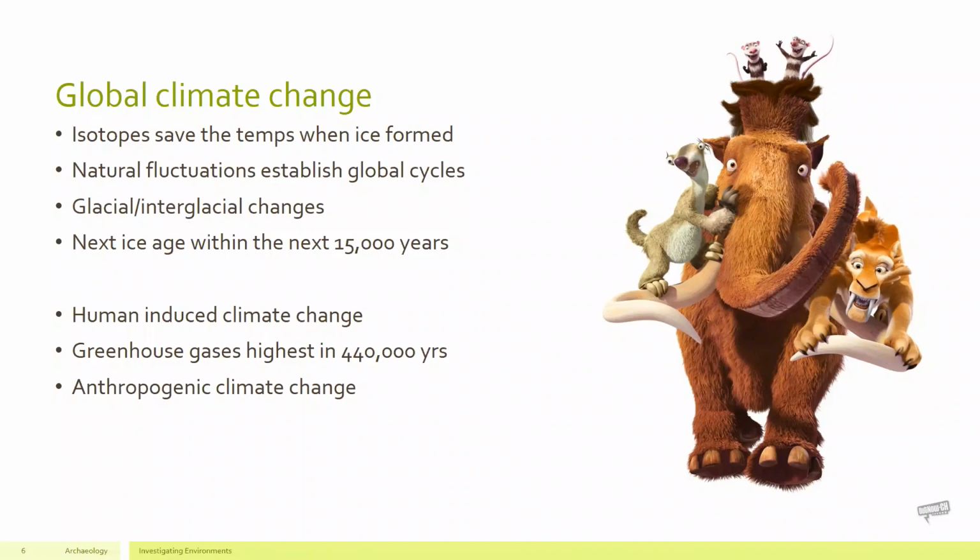So in the current era, humans are inducing climate change. Of that, we have no doubt. Greenhouse gases are the highest in 440,000 years. So we have had periods where it was warmer and climate was radically different. The issue is the rate at which we're warming the planet, and it's contributing to a sixth mass extinction event of plants and animal species on Earth, among other issues like environmental degradation, overhunting, and overexploitation. So this is what it means to be living in an era of anthropogenic or human-caused climate change.